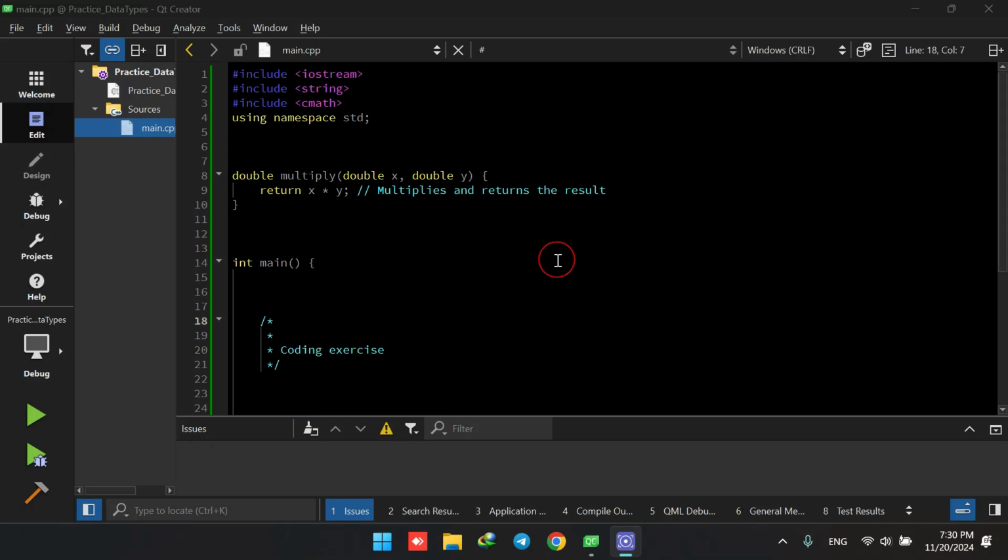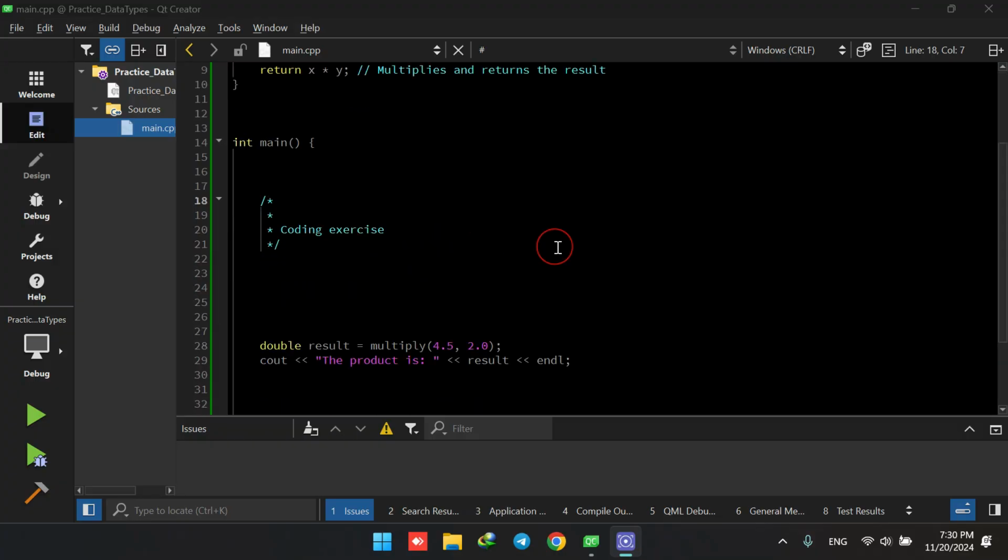Hello everyone, welcome back. In today's video, we are going to do another coding exercise. So we would like to write a function that does the multiplication of two double numbers. Previously, we learned how to multiply two numbers. However, using a function can help us to have more efficient code. So we don't have to repeat a certain block of code repeatedly throughout our main function in order to perform a specific task for us. Using a function, we can define the function once and use it several times in the code, so it is